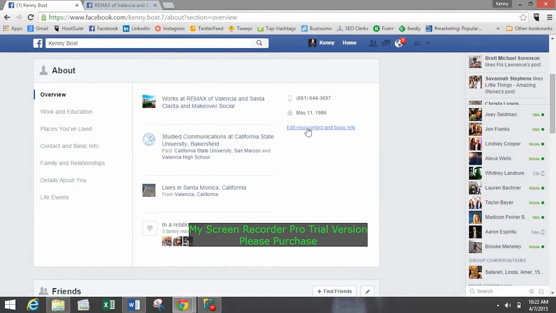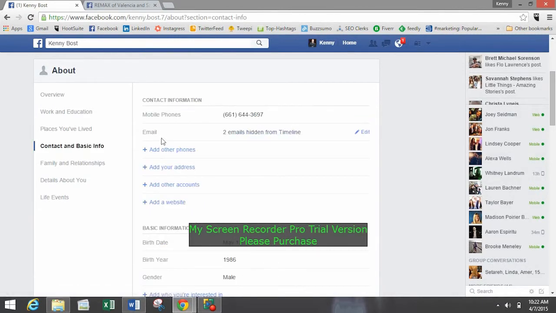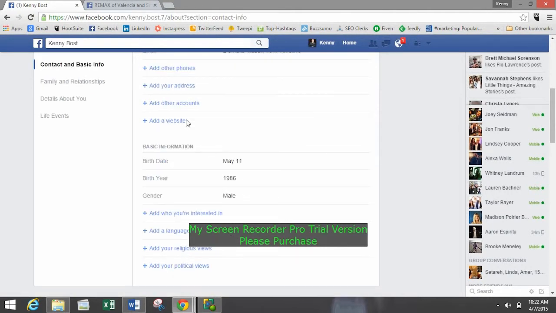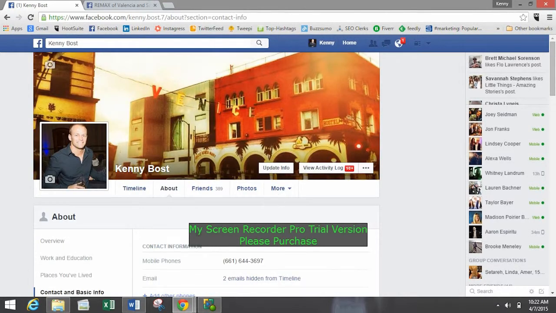Important is editing contact info because you're a real estate agent, so obviously we want to add mobile phone, maybe add business line, and then possibly for the address I would definitely put just which office address you're at and a link to your business website. Okay.